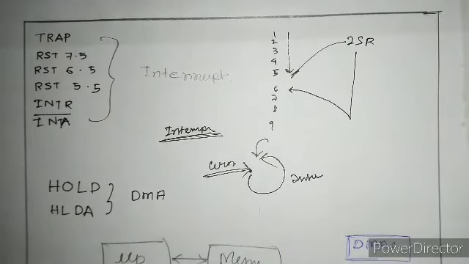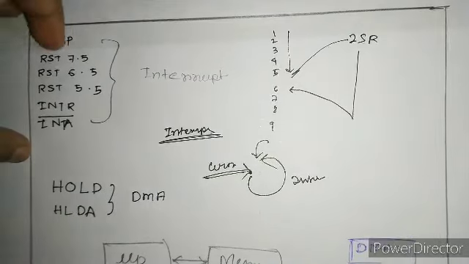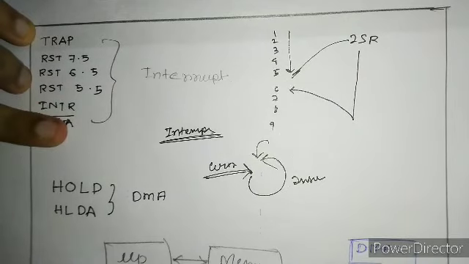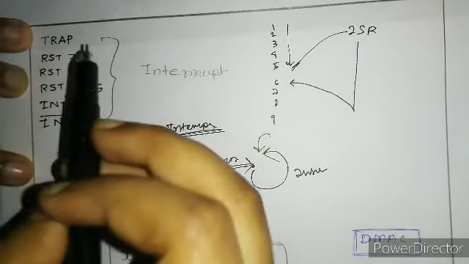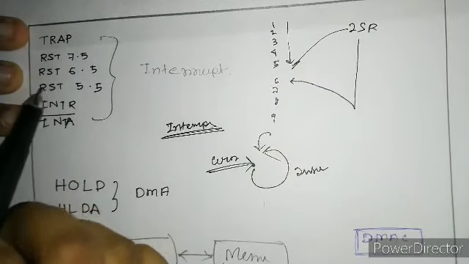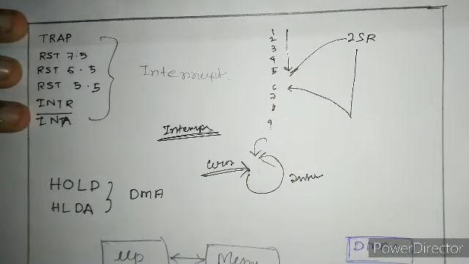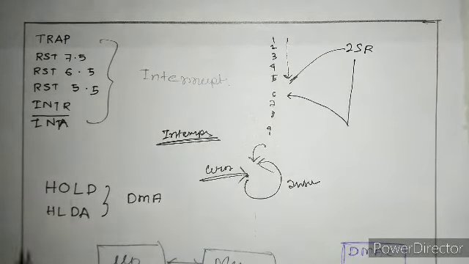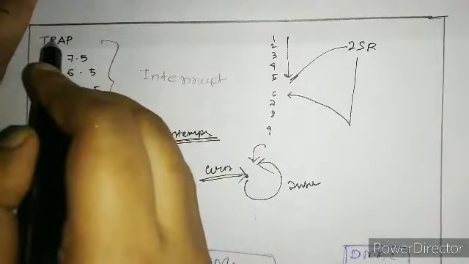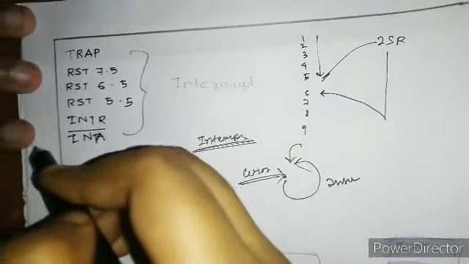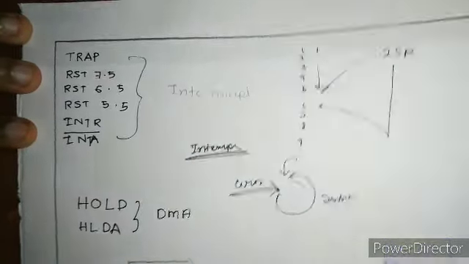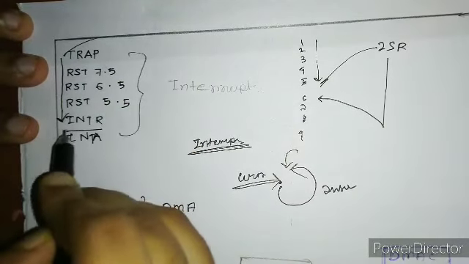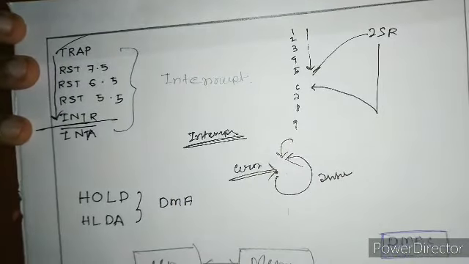Now there are various types of interrupts. These, from TRAP to INTR, are interrupts actually. I will explain what INTA bar is, but first just understand them. These 5 interrupts are used to tell the microprocessor, whatever you are doing, I have some immediate operations to be performed. These are arranged as per priority. If TRAP occurs, then this is the highest priority. You have to perform this first, and then all of the others. INTR is the lowest priority interrupt.